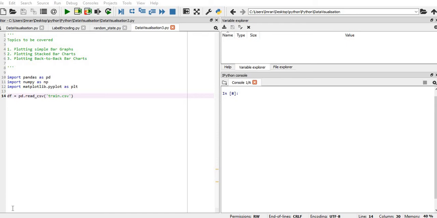In this session, we will learn about the bar plot. Specifically, we will learn how to plot simple bar charts, how to plot stacked bar charts, and how to plot back-to-back bar charts. So what we will do,